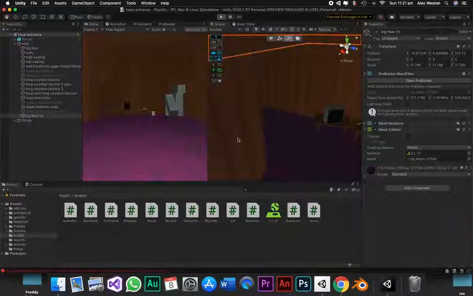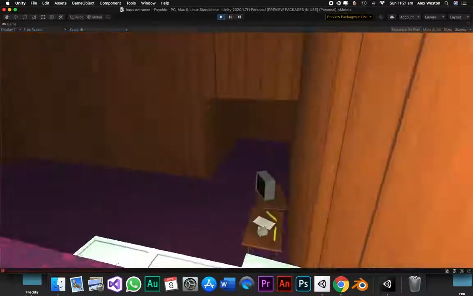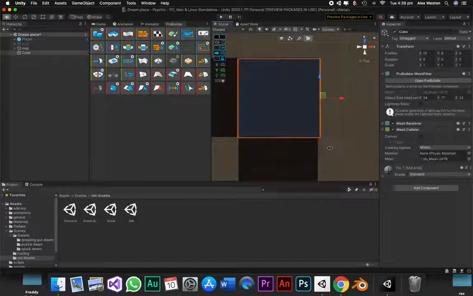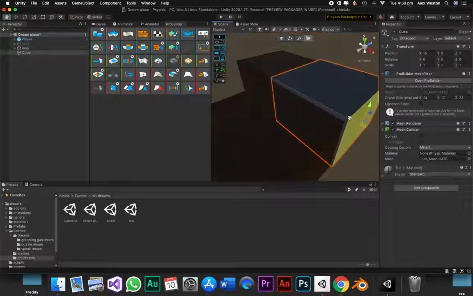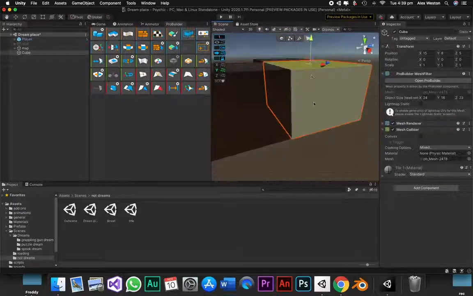I also had some more lockers. Yeah. I made them so they worked as a ramp for the next bit of the map. It was also at this point that I remade a bunch of maps in Pro Builder and added some stuff to it too. Starting with the dream place,